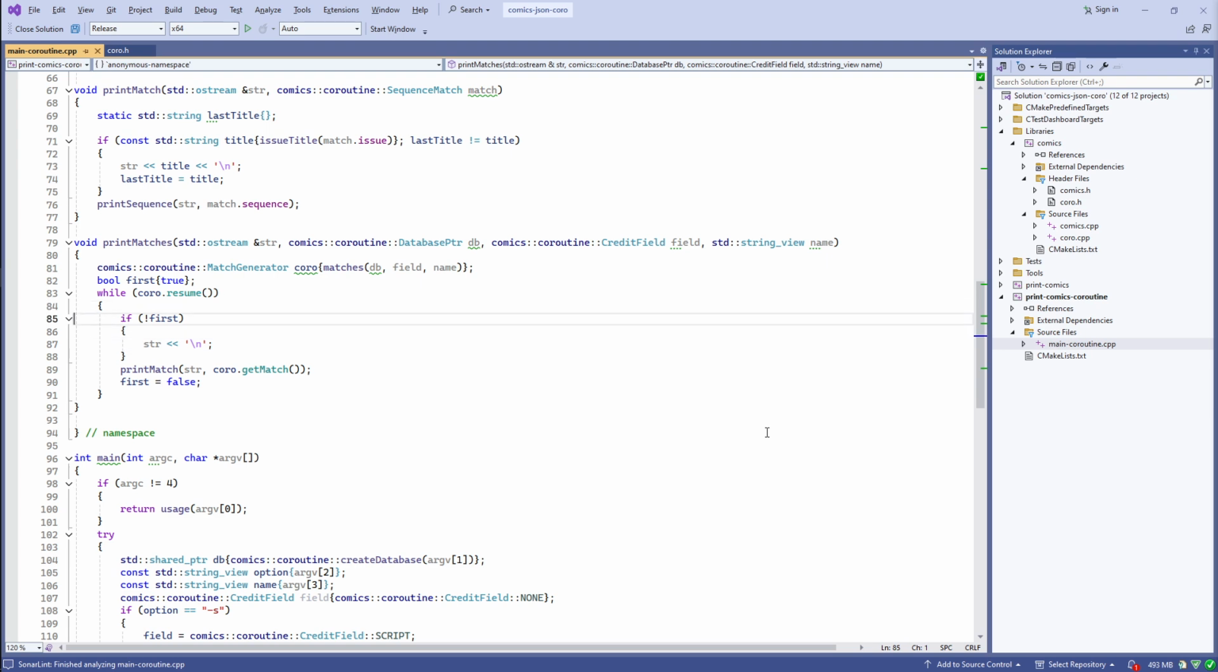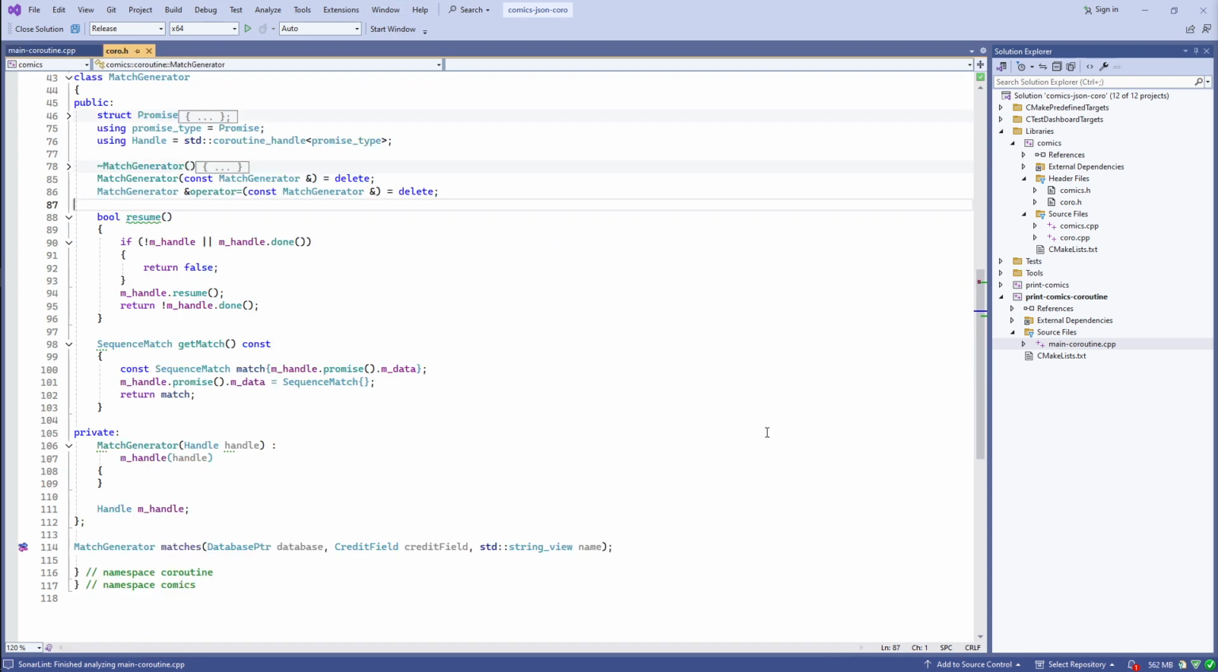We're going to resume it, and then we're going to get the match out, and then we're going to do that again. So we'll just keep iterating. Every time co-resume returns true, it means there's a match waiting for us. We're going to keep getting the match as long as the resume returns true. So over here,